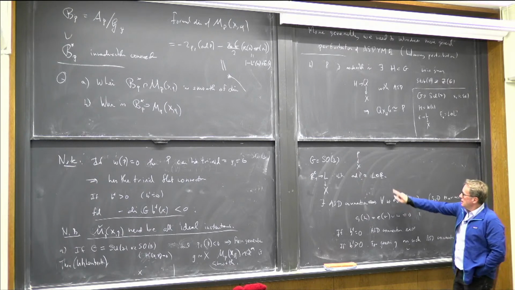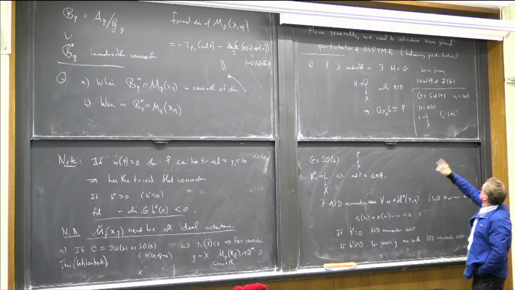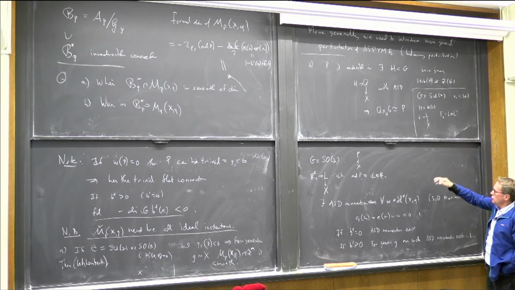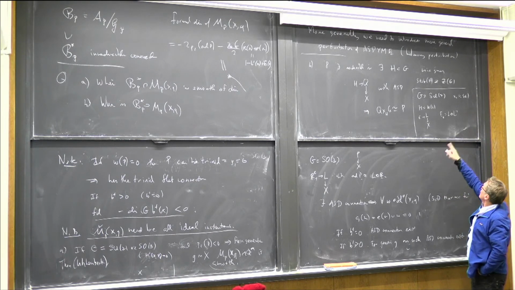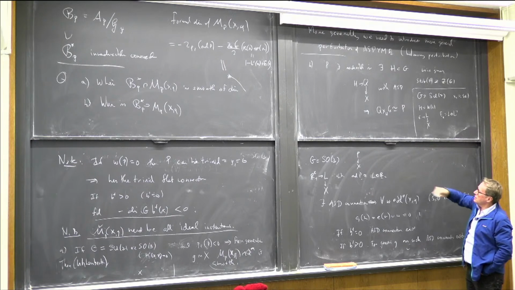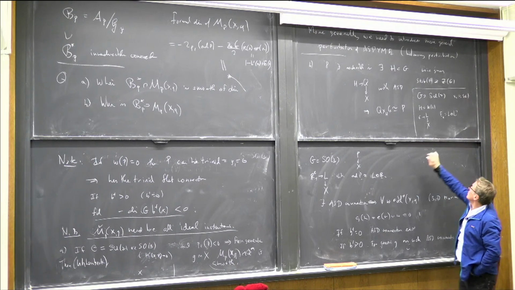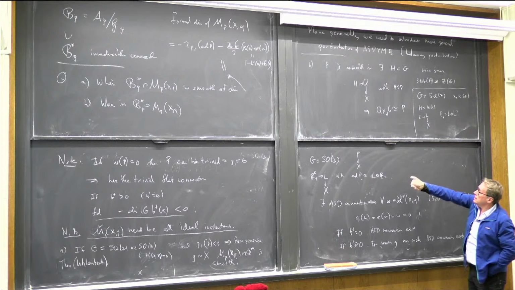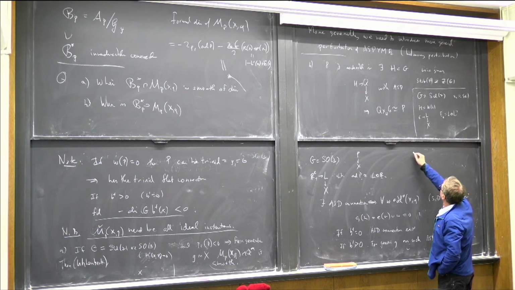But the interesting thing to note at this point is how the characteristic numbers or characteristic classes of P relate to L. So for SU2,